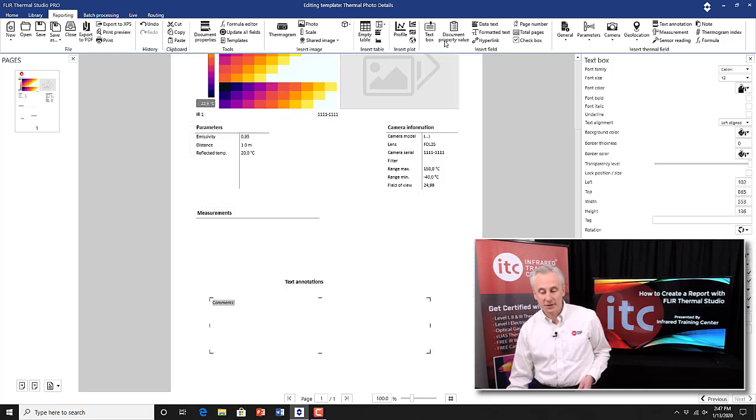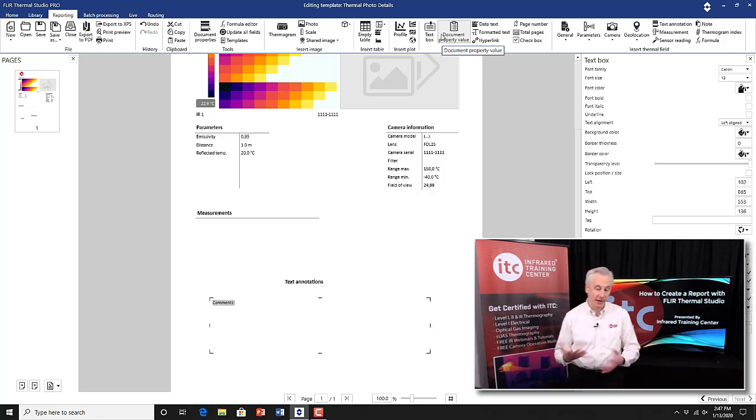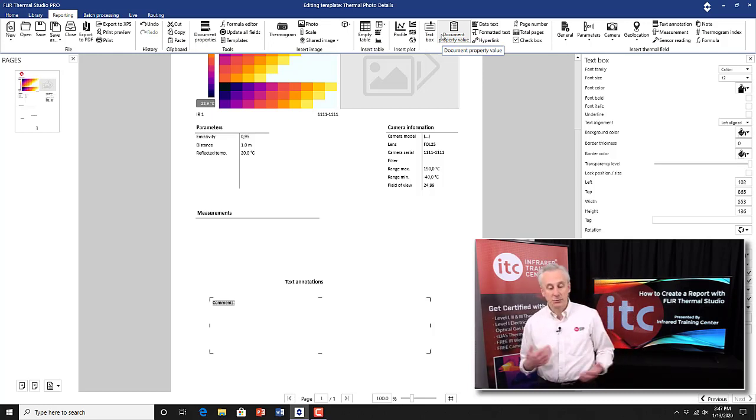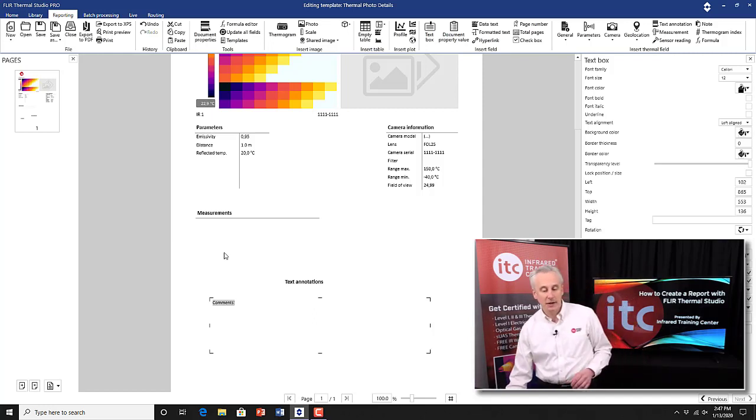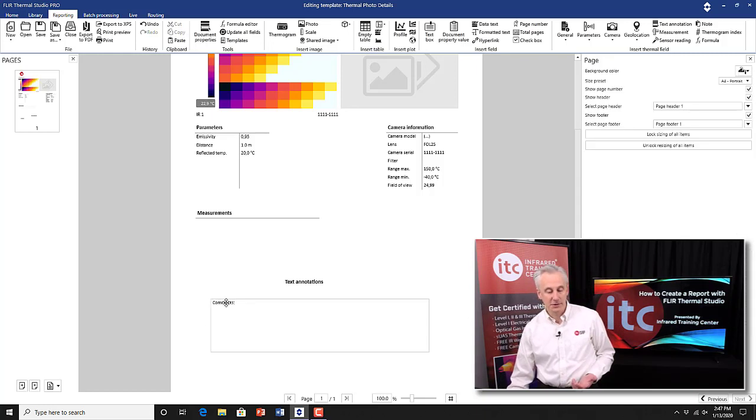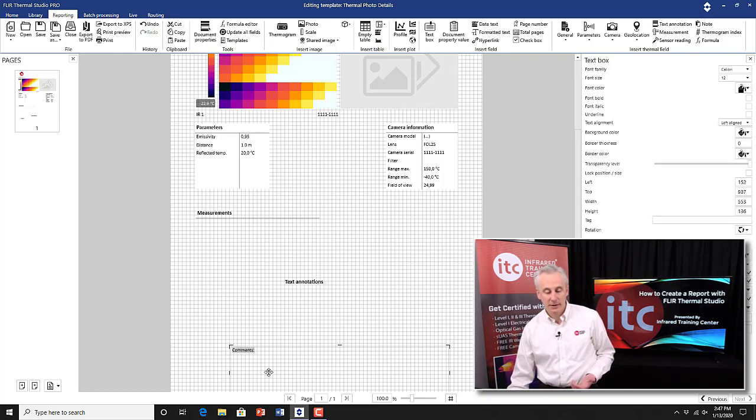But this text box will reserve that space so you can type into it. That's, again, going back to the differences between Word and this. With Word, you can just type right onto the page. With this, you have to define that space if you want to type text onto the page somewhere. So that's what the text box is for. You just click on that, click and drag on the page. It defines the size, and then like the tables and some of the other tools, you can move that around